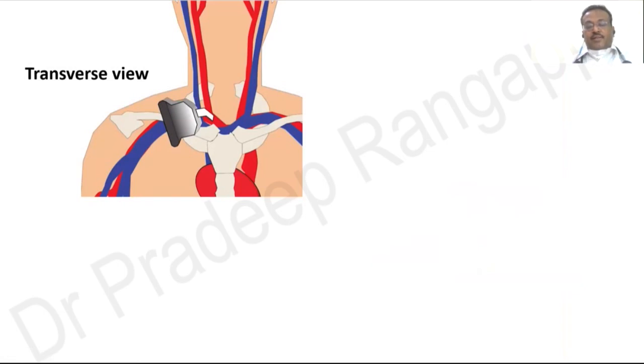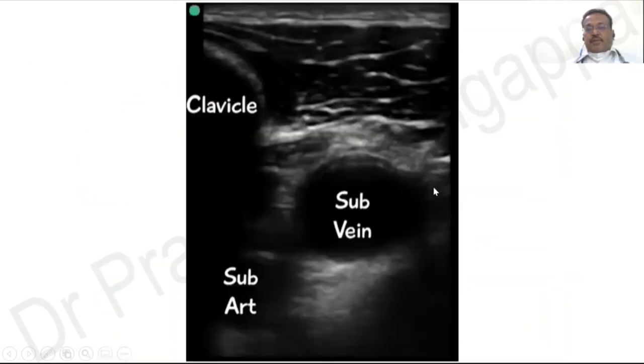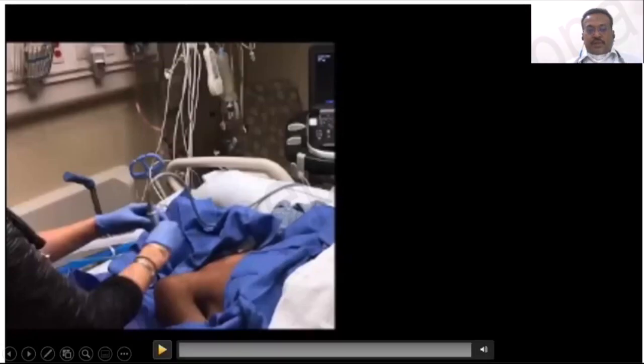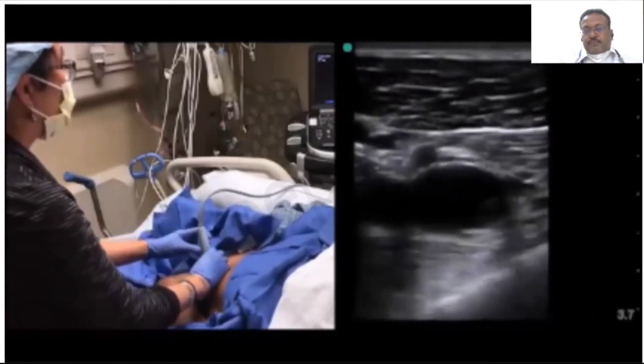And ultrasound has to be used even while using subclavian vein. So when you put a transverse view, you would visualize the subclavian vein something like this. You'll see a round sort of a vein. And if you put a longitudinal view, you will look at the veins something like this. So when you look ultrasonically, I'll show you a video. So subclavian vein will be there, like internal jugular vein. You have a subclavian artery, which is very proximate or close to the subclavian vein, and then you have a clavicle. So I'll just show you this video, which will demonstrate how the subclavian vein looks.